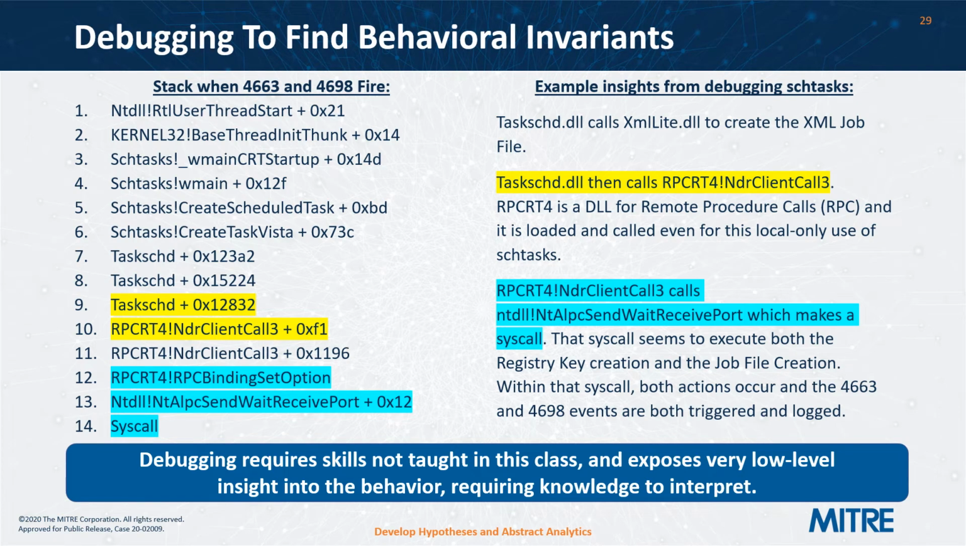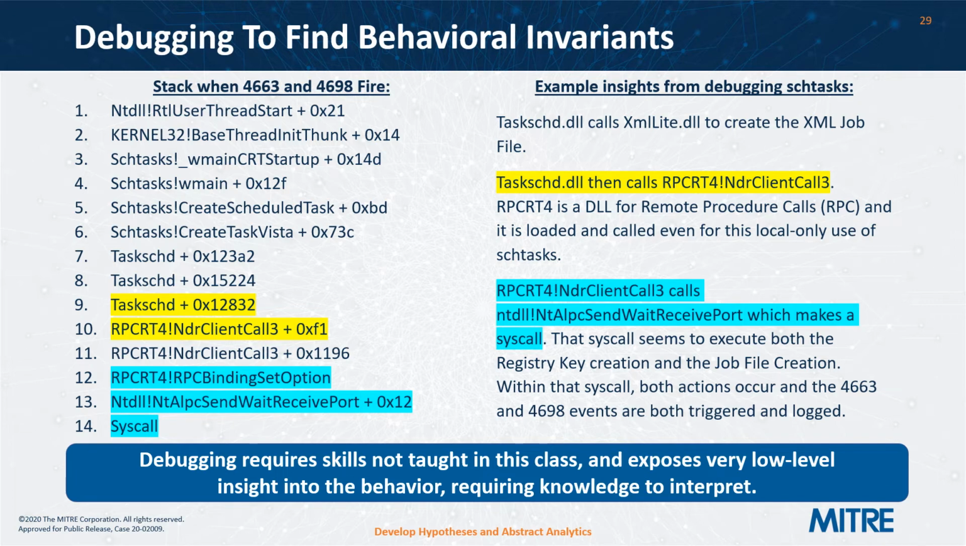We can also run WinDbg or some other debugging tool while scheduling a task and watch as DLLs are loaded and functions are called. As we debug, we can also check the event logs to see which lines of code trigger which events. In this case, debugging shows us that the XML-Lite DLL is being used to create the job file XML content,